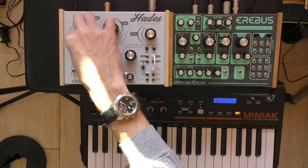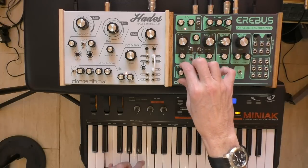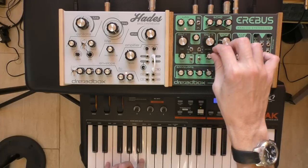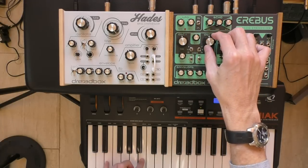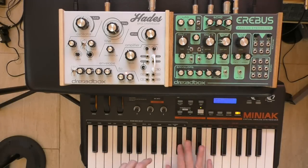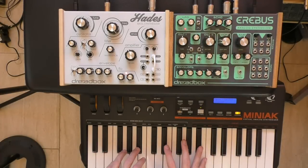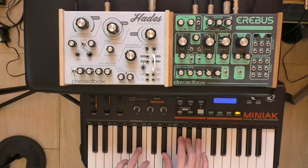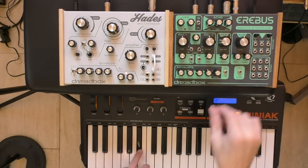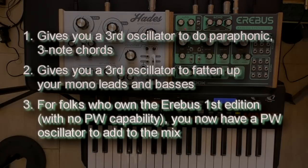So of course, we put everything on sawtooth. We've got 3 big sawtooths going. Very cool. Okay. Number 3, the Hades can provide you, if you, like me, are an owner of the first